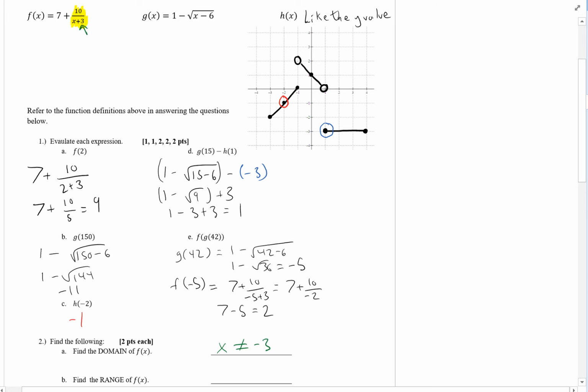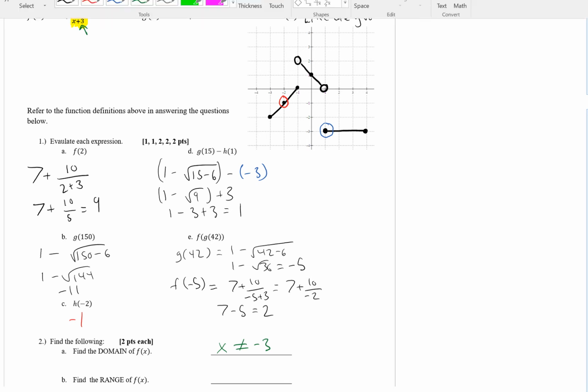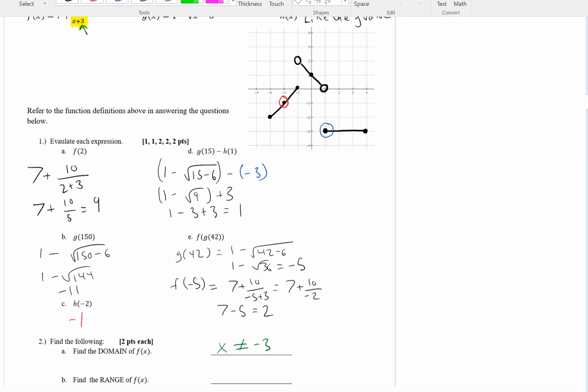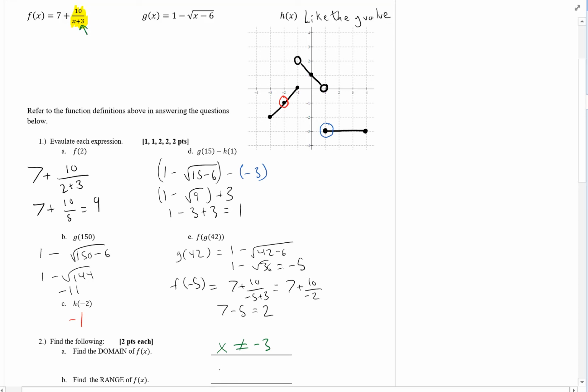Because it's 10 over something. 10 over any number is never going to be 0. The only way you could have a fraction equal to 0 is if 0 is the numerator, right? 10 over anything, it'll be some decimal, some improper fraction, but it's never going to be 0. So if this can never be 0, we're never going to have 7 plus 0, right? It's going to be 7 plus something, either positive or negative, big or small, but it's never going to be 7 plus nothing. So the value of the function can never be 7,